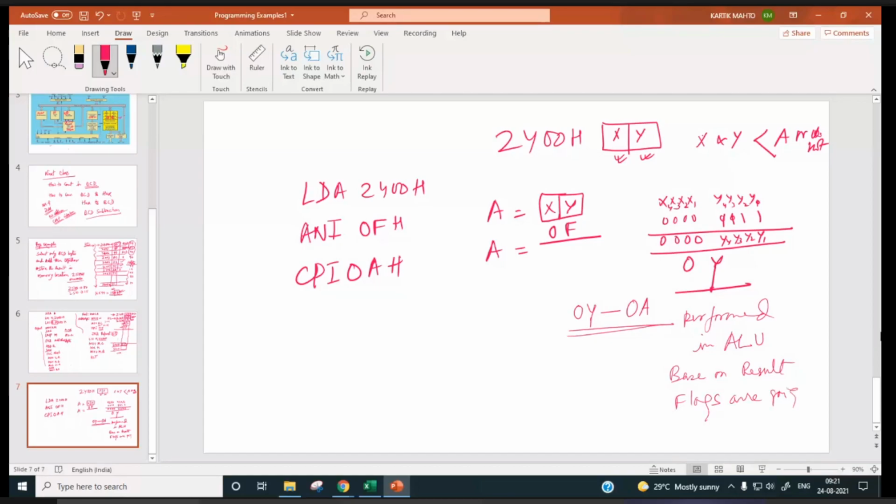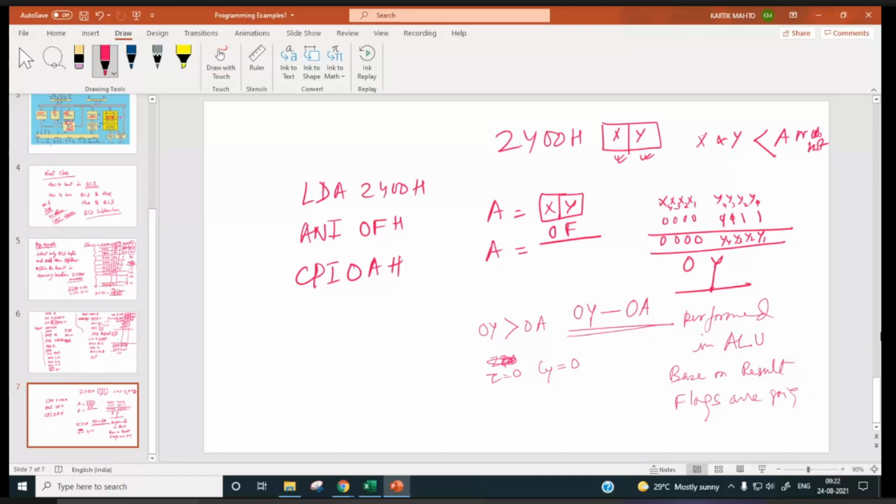If 0Y is greater than 0A, the zero flag will be 0 and the carry flag will be 0.